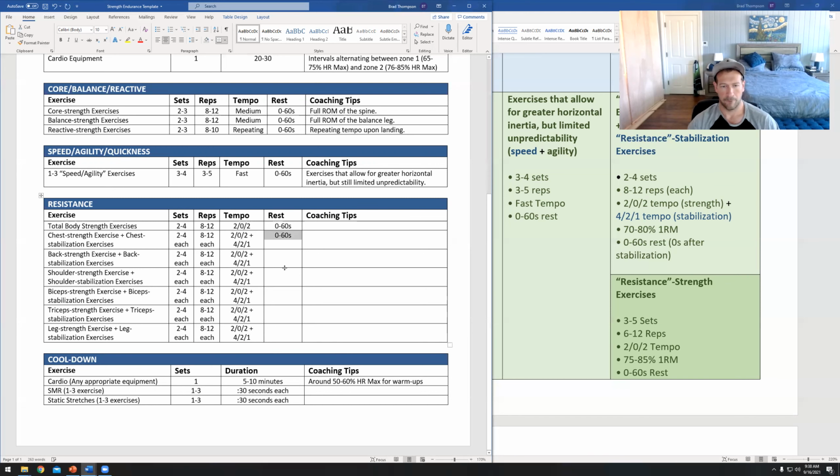No, pretty clear. Okay, so now let me open up strength endurance actually, because that's going to be the easiest for me to transfer. All right, so now we got to move levels again, right? We got to get back into the